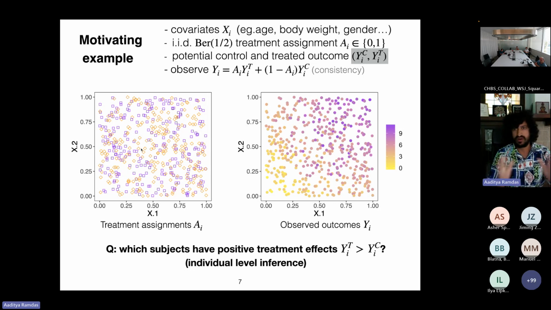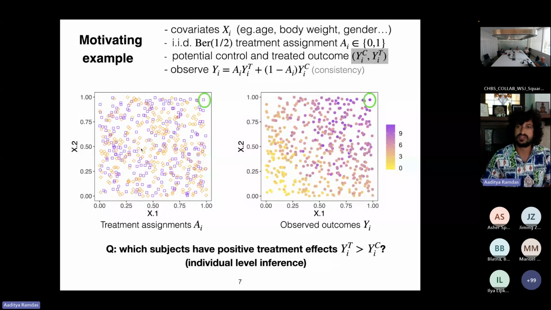So this is again a weird question, and it will continue to be weird as I go along, because unlike, for example, several of the previous talks, say, when you have the conditional average treatment effect and you're thresholding at some level, you can imagine maybe that if I gave you an infinite amount of data, you could actually learn the conditional average treatment effect reasonably well and so on. But the difference over here is we will never be able to actually verify which individuals have positive treatment. No matter how much data I give you, you never see both Yi(treatment) and Yi(control). And so in some sense, even in the limit of infinite data, how could I possibly answer this question? I only observe one of the two. But this is the question we're going to try to answer.